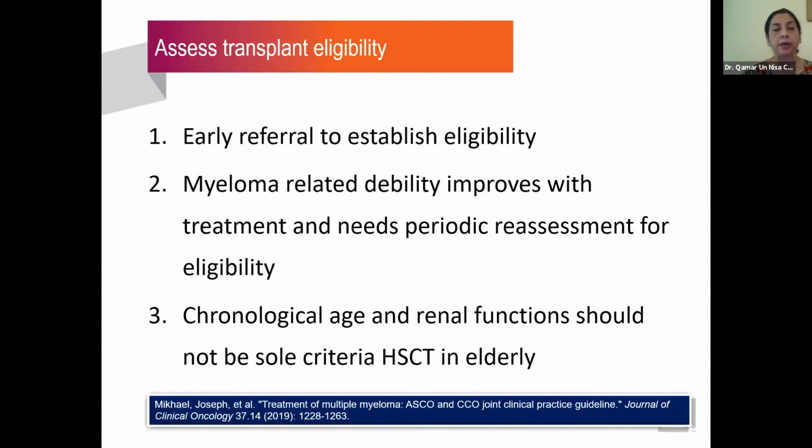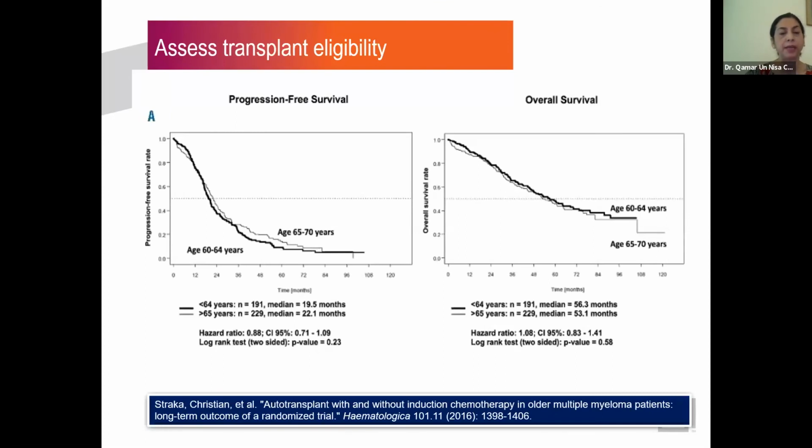So the current practice would be an early referral to establish eligibility. We know that when patients come in for treatment for myeloma, many of them are quite unwell, so fitness needs to be assessed later on as well, since once patients respond to treatment, they tend to become better and fitter to undergo transplant. The two major issues in this group of patients are their age and their renal function, but we have some data to show you, and here you can see this particular study in which they looked at